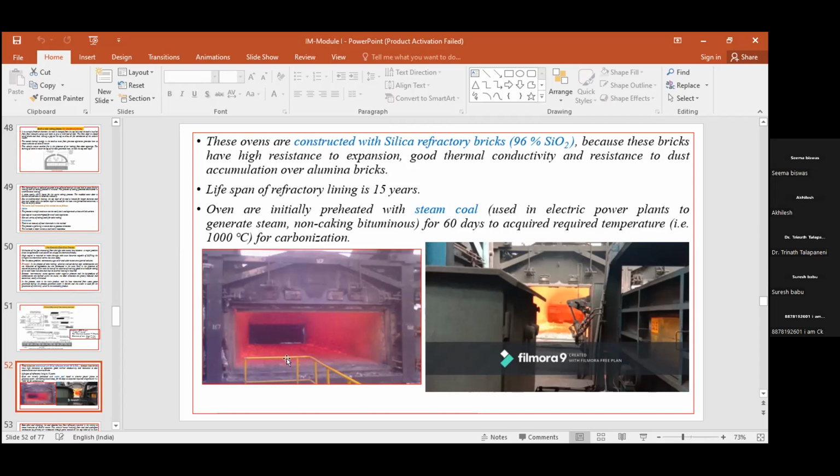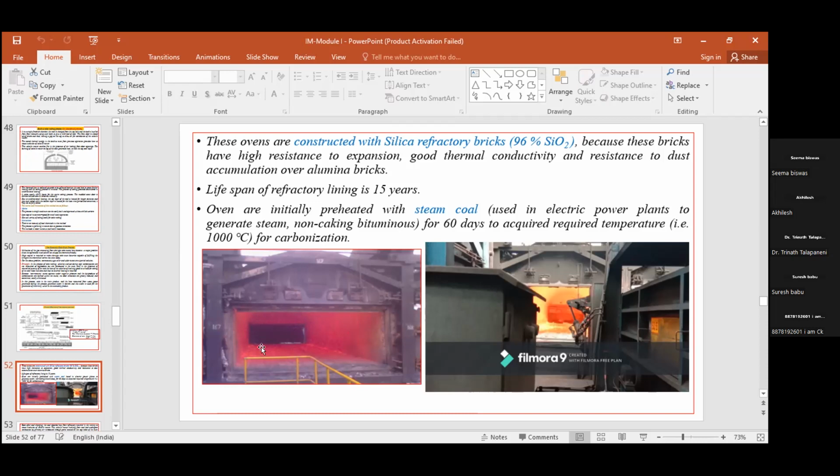That heat is created by charging steam coal. In the initial stages we charge steam coal inside these ovens, and this steam coal is allowed to heat continuously for approximately 2 months. Slow heating takes place so that all these refractories attain coke making temperatures,